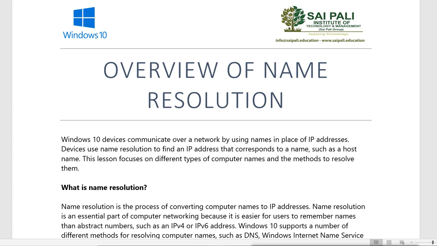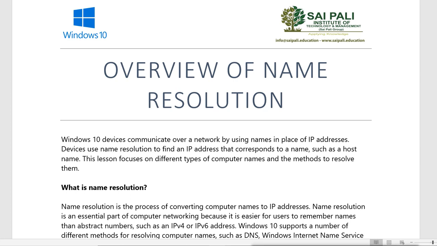Just like that, in the network, every machine has an IP address, but we cannot remember the IP address to identify the machine. If I want to connect to some machine, I need the IP address to connect. But the problem is we are not able to remember those numbers. If you have 100 machines in your network, it is not possible for you to remember all those numbers of those machines.